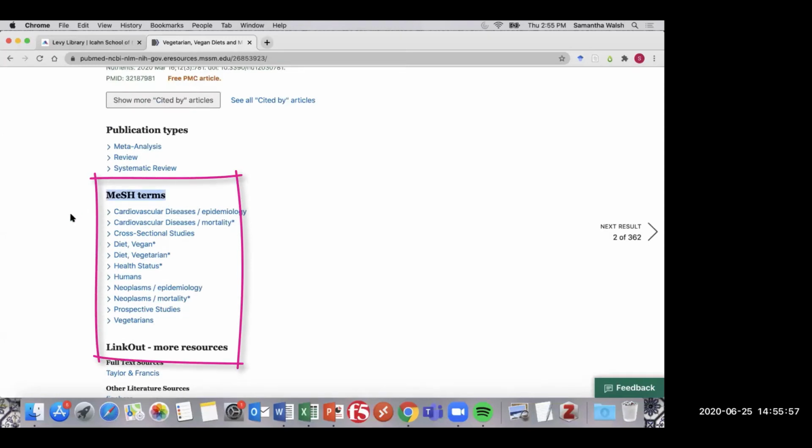MeSH stands for medical subject headings. These are predetermined, approved terms, kind of like an approved dictionary for any article that comes into the MEDLINE database. Remember, MEDLINE and PubMed are the same thing. So even if I wrote plant-based diet and heart attack as my article title, that's going to get tagged with diet, vegetarian, or maybe diet, vegan, as we can see here. So it's really important to be aware of these terms